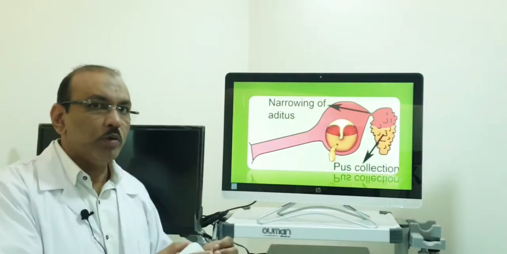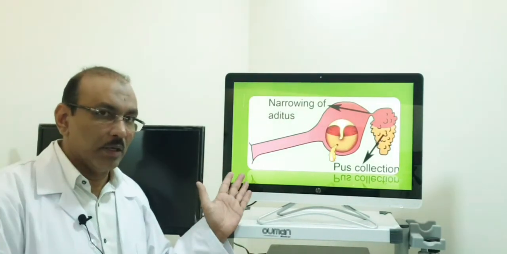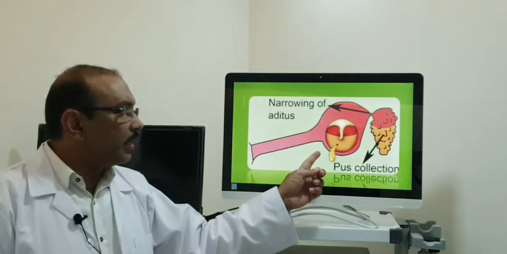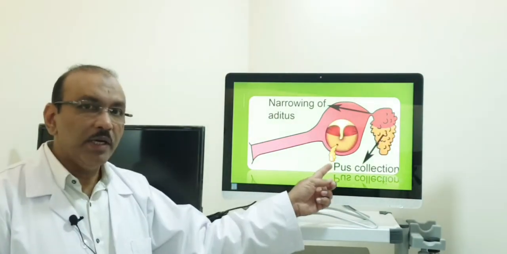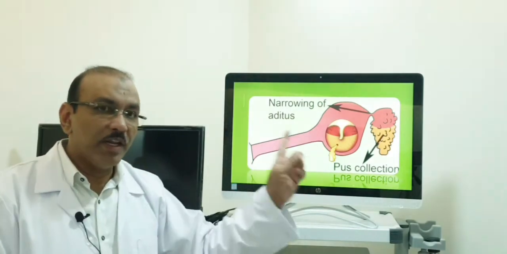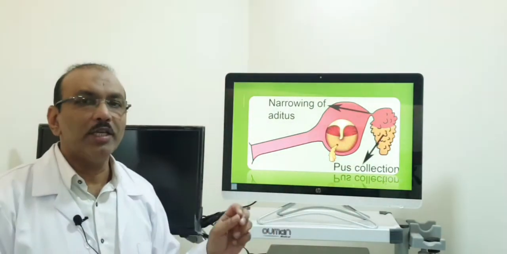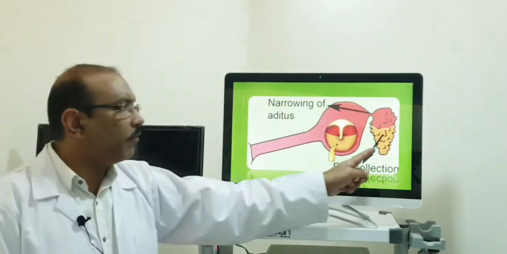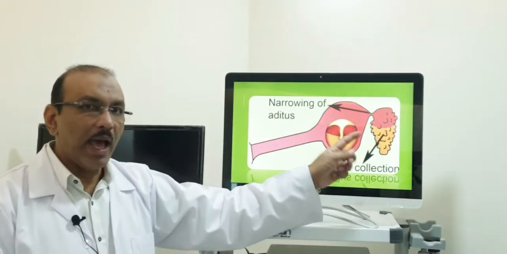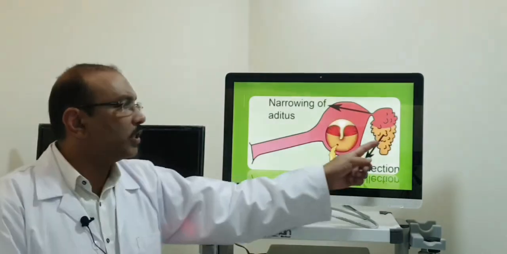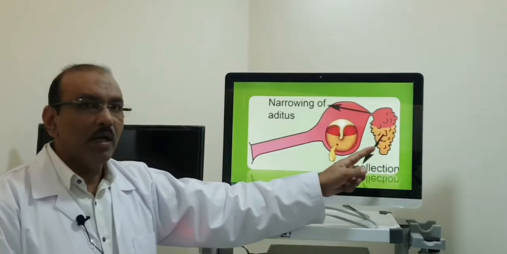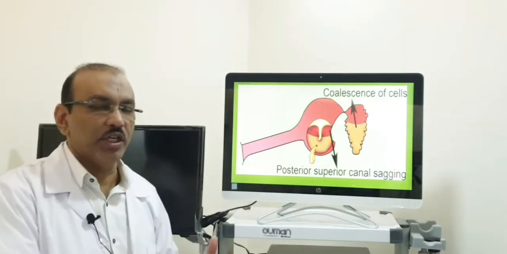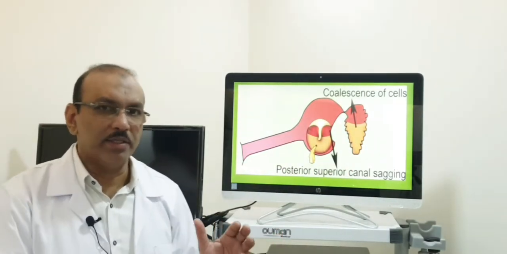Then in due course, because of the reasons which I have already mentioned, the infection can spread from here to any parts. If it involves the mastoid, it is called mastoiditis. This is the early stage. Now, if you see this air cell system, as the infection advances, this whole air cell system is destroyed and it becomes a single cavity. This is the later stage. So, early stage and later stage.